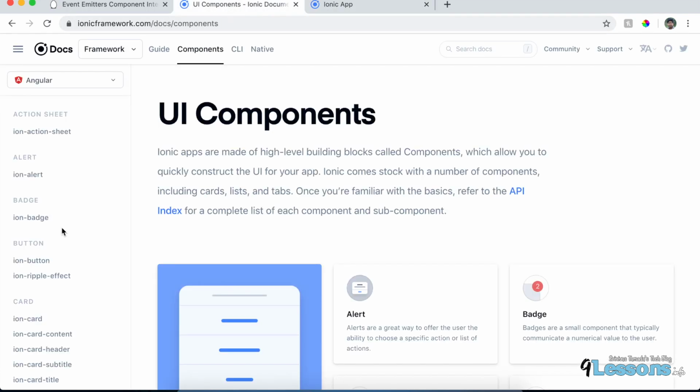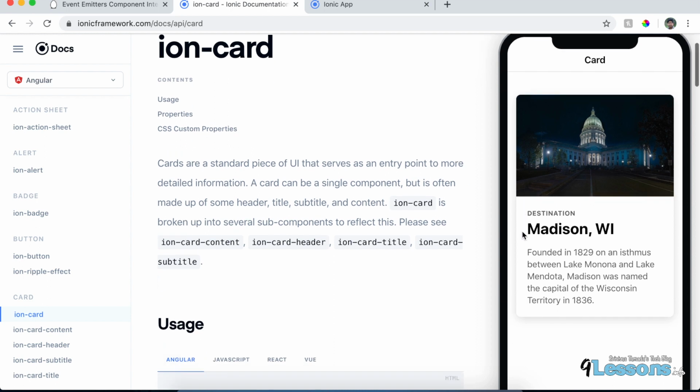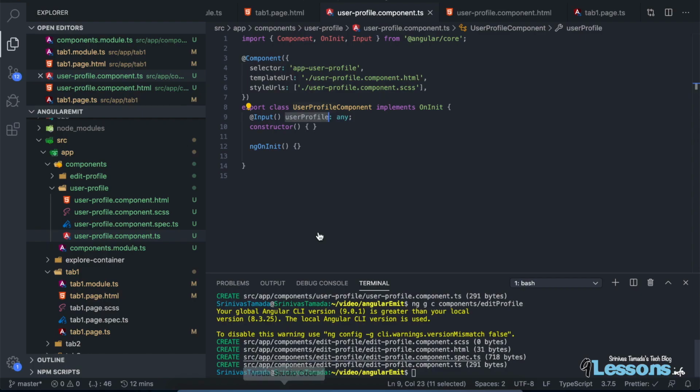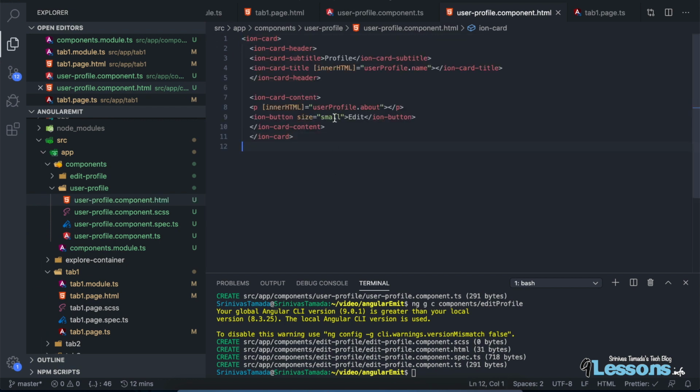So go to the components and use the design to get some better things. I'm going to use the card information. Let's copy this code and replace it with this. Basically, in your profile the input HTML is where the user can insert any kind of HTML. It avoids all the HTML in this. So I'm just setting up the name here and